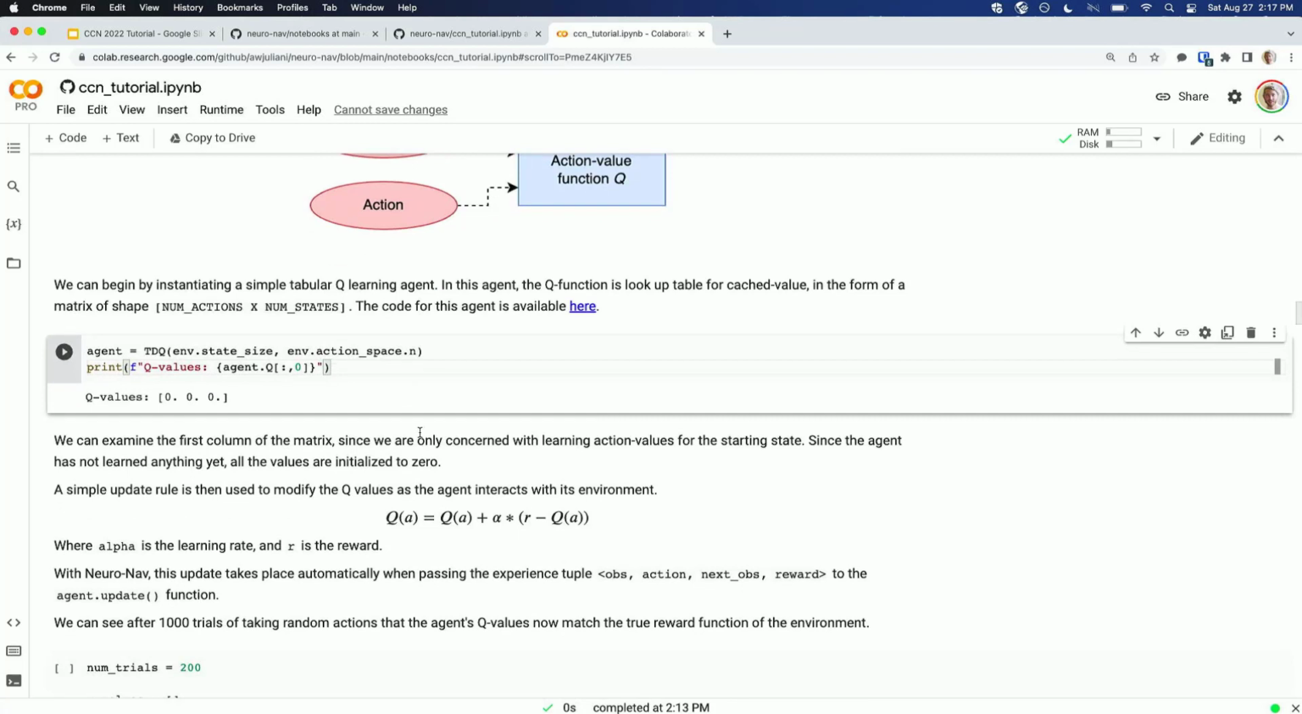And as I mentioned, NeuroNav has a number of these algorithms built in. So we can instantiate our Q-learning algorithm here by calling this function TDQ. So we're doing temporal difference Q-learning here. In this case, there's not so much